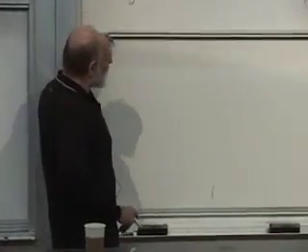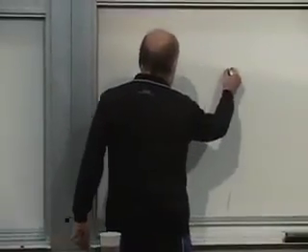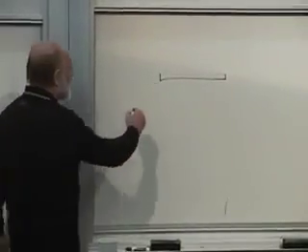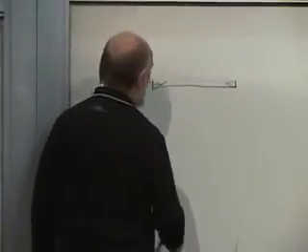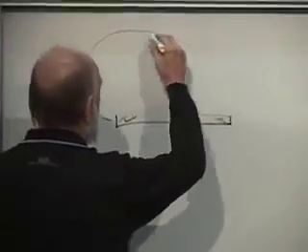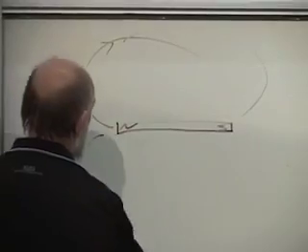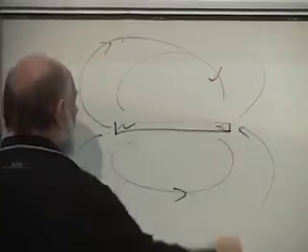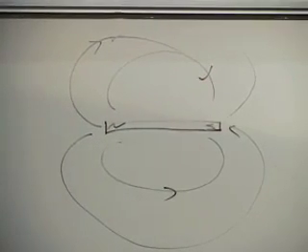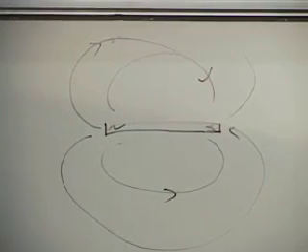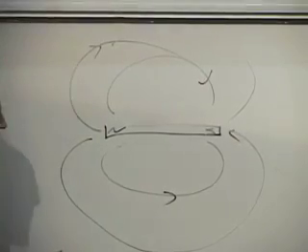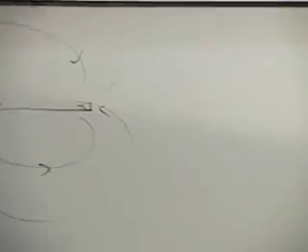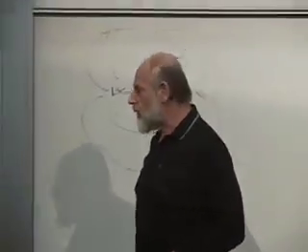Just to see what's involved, imagine a bar magnet. A bar magnet has a north pole and a south pole, and out of the north pole come magnetic field lines, and the magnetic field lines look something like this. You've all seen this. You take a magnet, put it under a piece of paper, sprinkle some iron filings on it, and you make something like this. Now, if you take the south pole very, very far away, and you look just at the north pole,